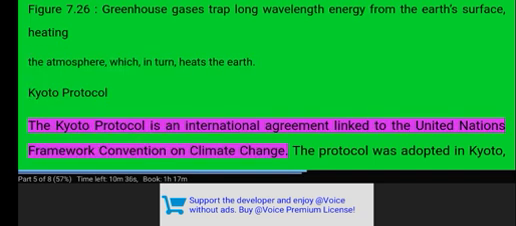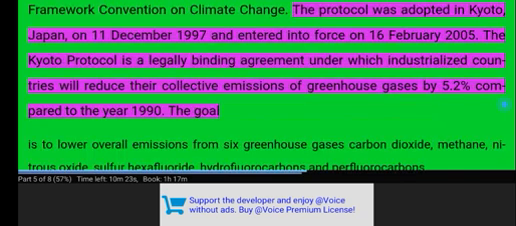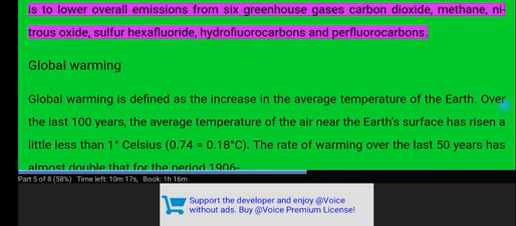Kyoto Protocol. The Kyoto Protocol is an international agreement linked to the United Nations Framework Convention on Climate Change. The protocol was adopted in Kyoto, Japan, on the 11th of December 1997 and entered into force on the 16th of February 2005. The Kyoto Protocol is a legally binding agreement under which industrialized countries will reduce their collective emissions of greenhouse gases by 5.2% compared to the year 1990. The goal is to lower overall emissions from 6 greenhouse gases: carbon dioxide, methane, nitrous oxide, sulfur hexafluoride, hydrofluorocarbons and